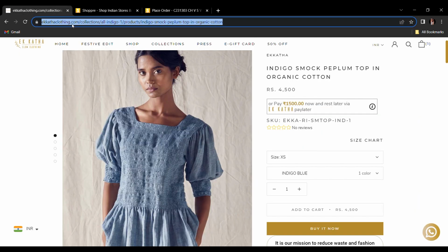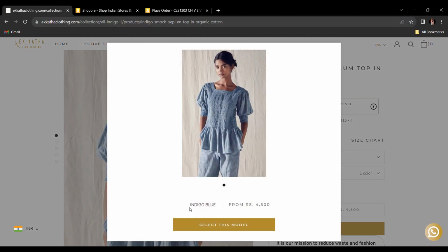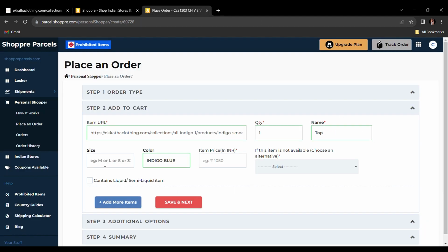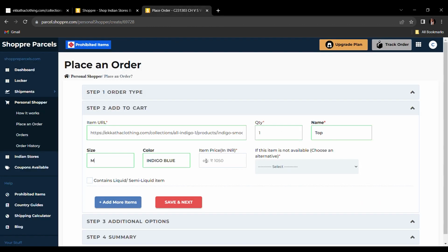Copy paste your preferred product's URL to the bar. Add details like quantity, size, color, and the price of the product in INR. If this item is not available, we give you two alternatives. Either to cancel all items in case you are purchasing more than one, or cancel this item and go ahead